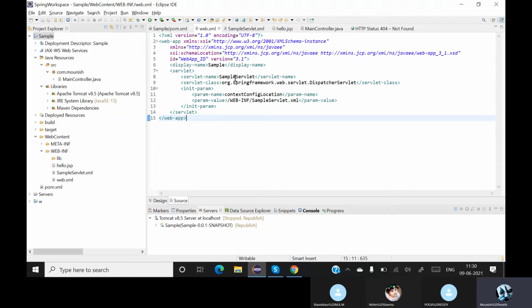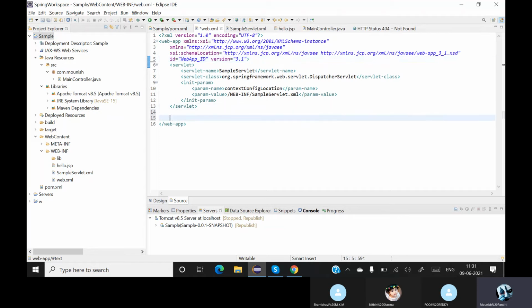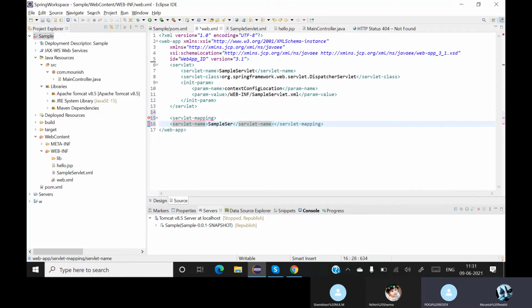Sorry, I created the servlet, but I didn't map it. I forgot about mapping it. So let me map this first. Servlet mapping, servlet name. What is the servlet name we gave over here? Sample servlet.